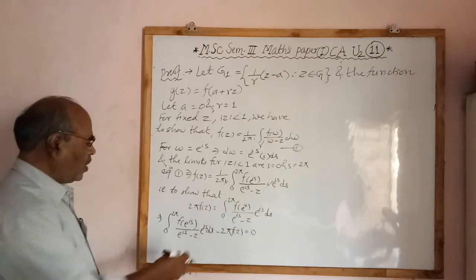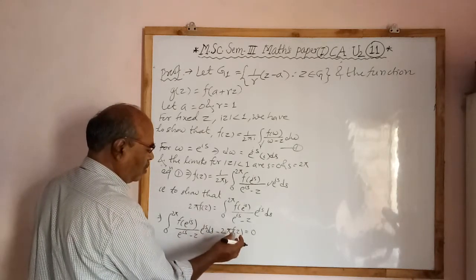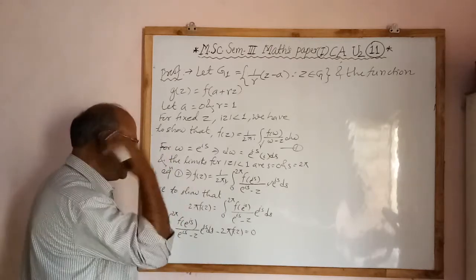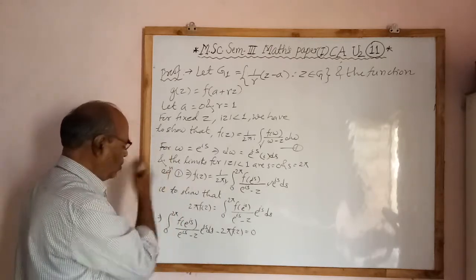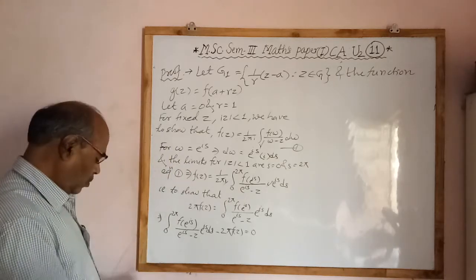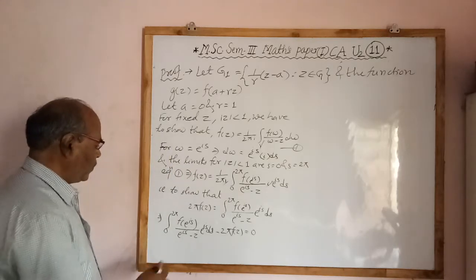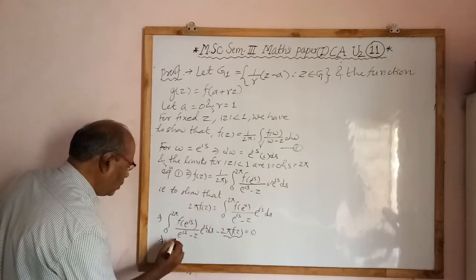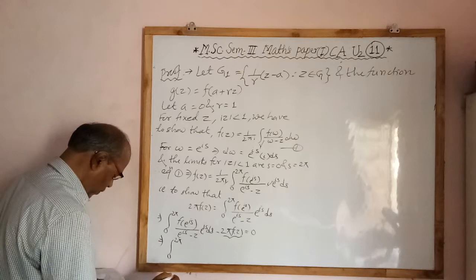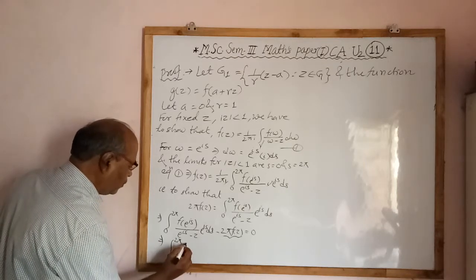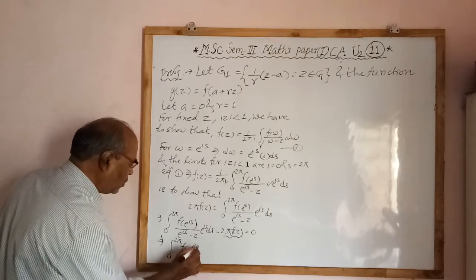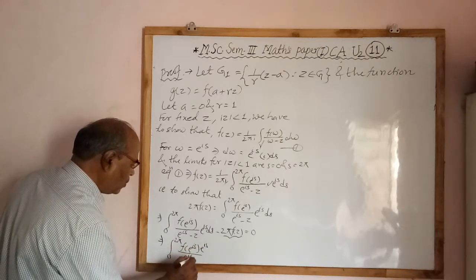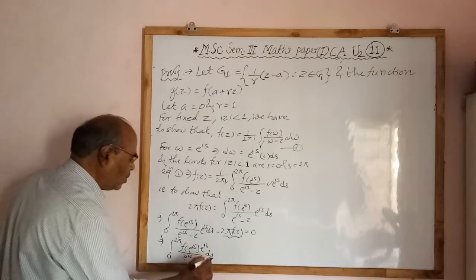Now we can write this twice pi into f of z as the integral of dz. Integration of dz is z, with limits 0 to twice pi. Therefore we can write this in terms of integration 0 to twice pi of f of e to the power is into e to the power is divided by e to the power is minus z ds